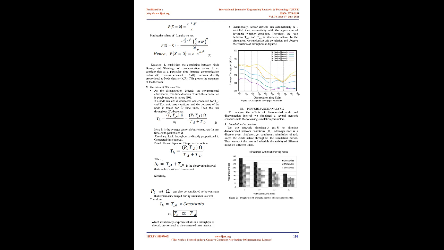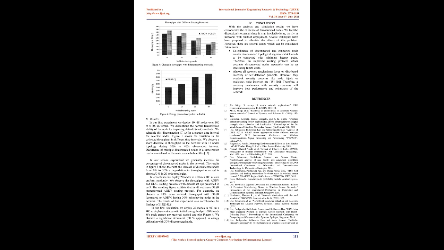Theorem 1: The probability of disconnection of a node from the network depends on the deployment density. Proof: Let us consider a network of k nodes deployed in area A with node density k/A. Now if the communication radius of a node shrinks to R unit distance, there will exist nodes in the πR² region. Now, this can be formulated as shown. Therefore, the probability Px equals 0, that there will be no nodes in the πR² region, will be: